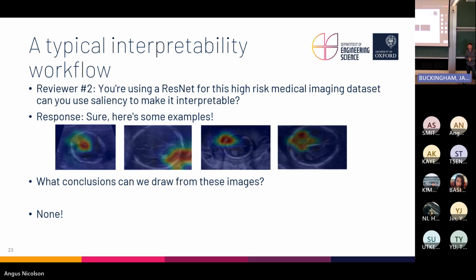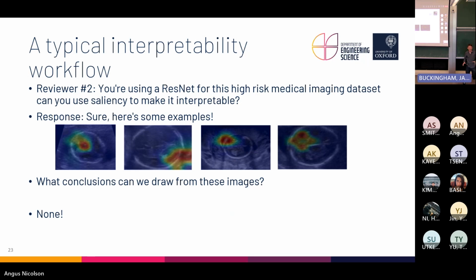If you wanted to show whether it tended to look inside the head or not, then you should do some analysis where you segment the head and you do this kind of heat map on the whole data set, and then look at how often that overlaps with the segmentation of the head. And then you could provide a number, a quantitative value of how often it looks inside the head as opposed to outside the head. This doesn't tell you that. You can't say, oh, it's looking at this specific concept. Yeah, I don't like it.